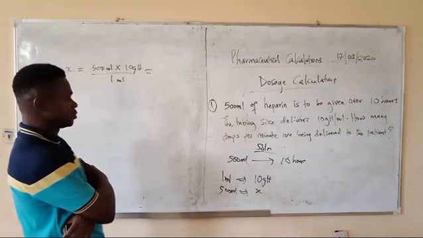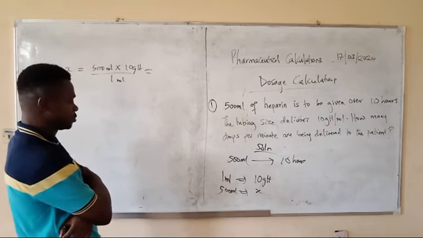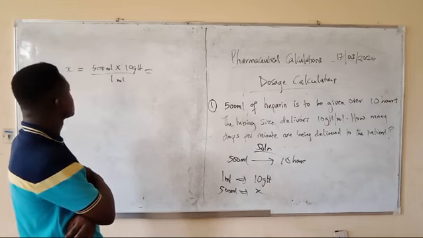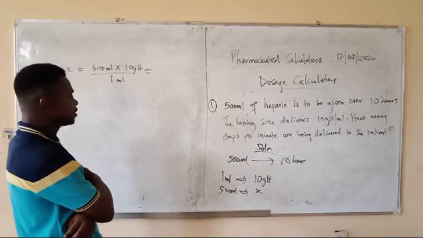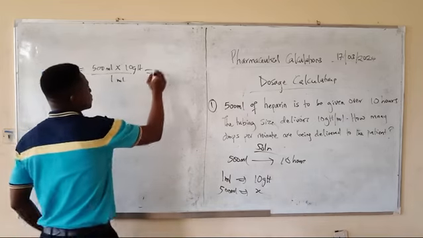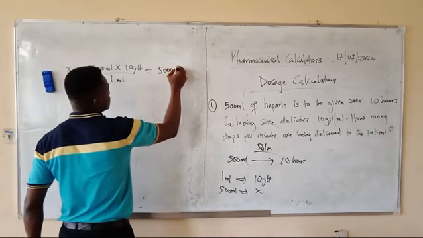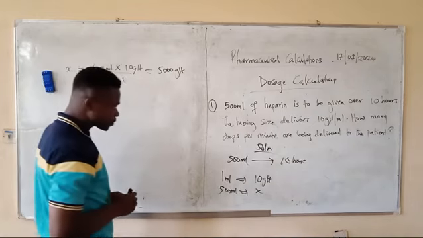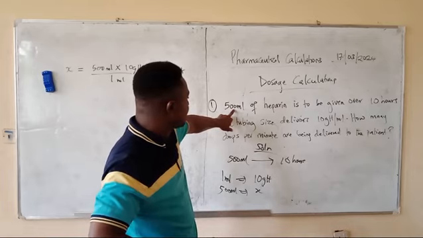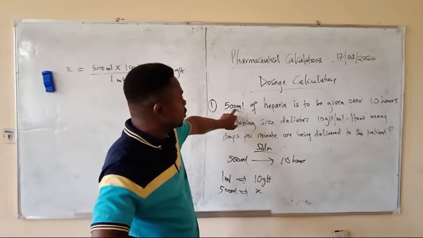5,000 over 1. 5,000 drops. 5,000 what? Drops, good. So, this heparin now, this 500 ml will